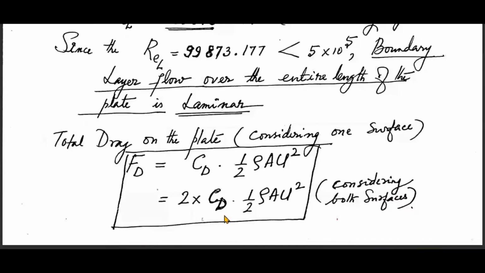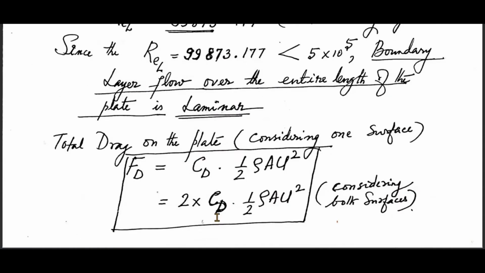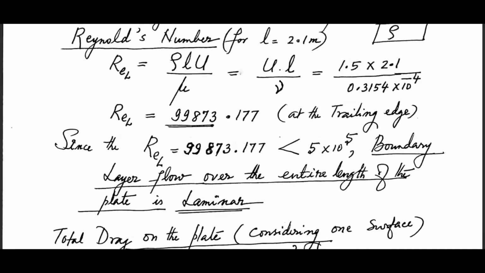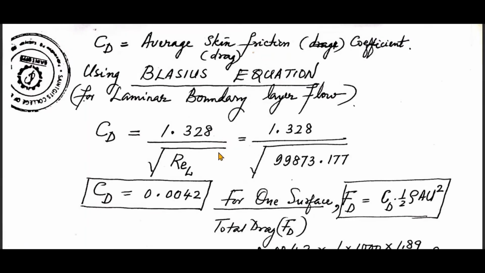Now, the density of water rho is available, the area of the plate under consideration is available, then the velocity of the plate. Here it is the velocity of the plate because the plate is dragged along, it is moving in water. Then CD you have to get. For that purpose, for CD we have some correlations in terms of Reynolds number. So what we are going to do next? We will just consider this one. CD is the average skin friction coefficient or average drag.